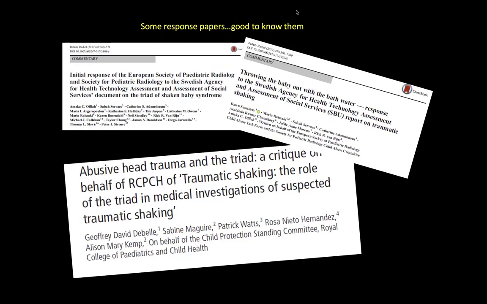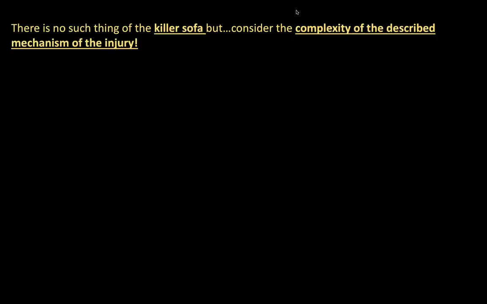So this is the bulk of knowledge that basically says there is a consensus statement, there is a criticism of the conclusion of the consensus statement, and there are criticisms of the SBU report, so criticisms of the criticism. And this is how you explore the complexity of the discussion. So how do you summarize that? This is from a presentation I did for the European Society of Pediatric Radiology, how I try to synthesize my take on it and transfer it to the audience. Well, I said, look, if you are dealing with a possible abusive trauma,